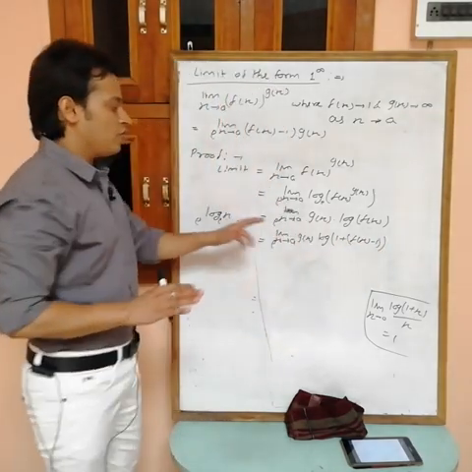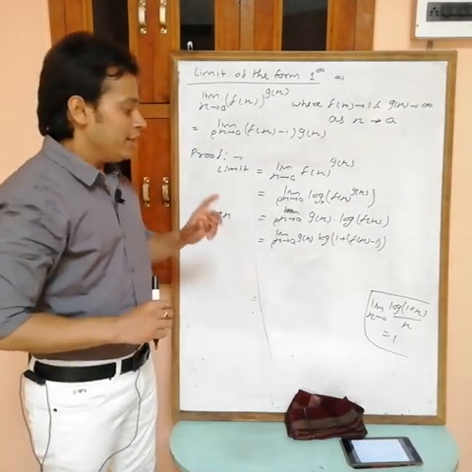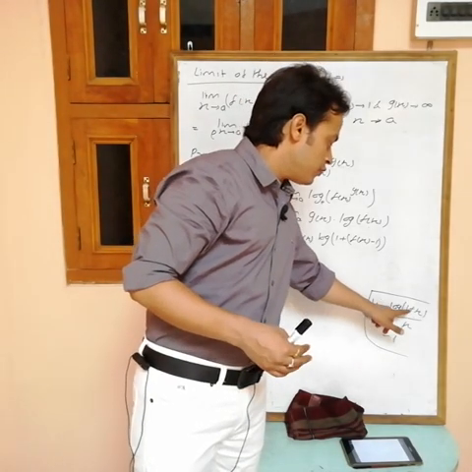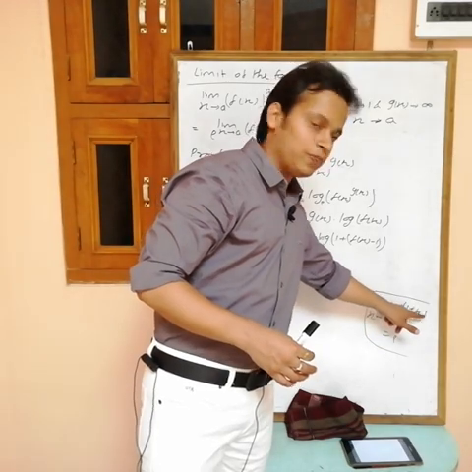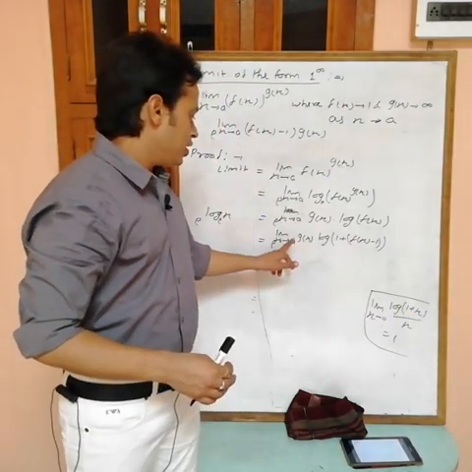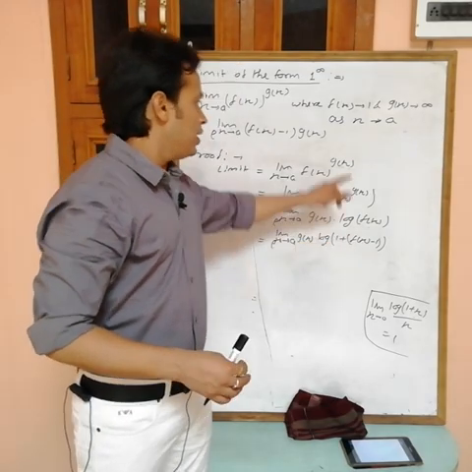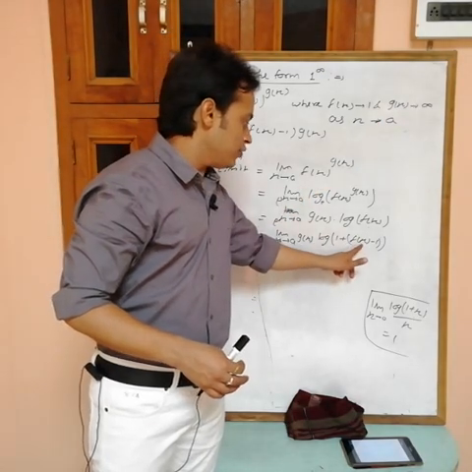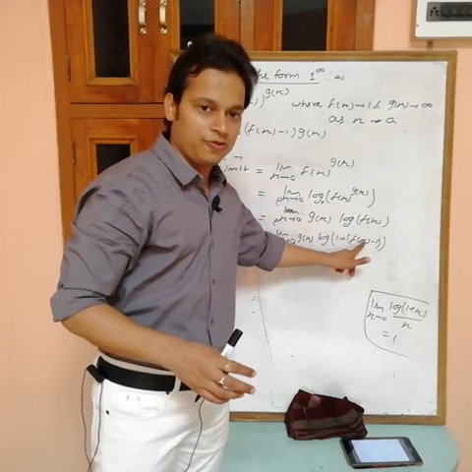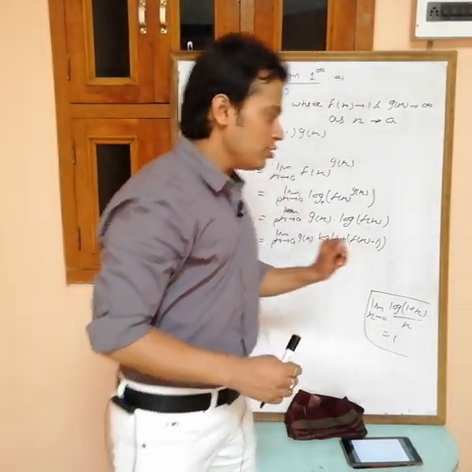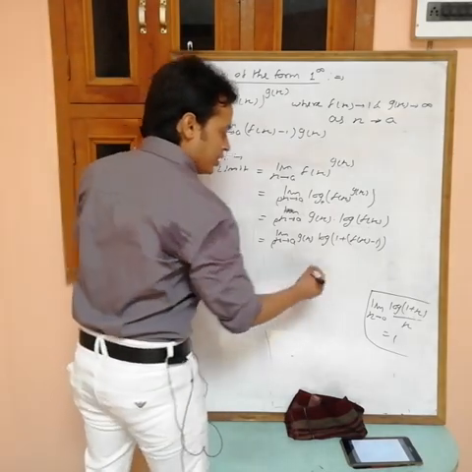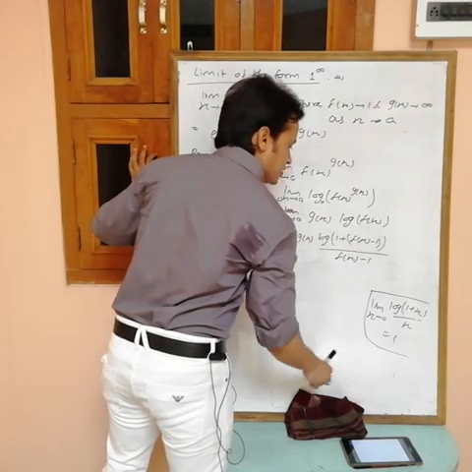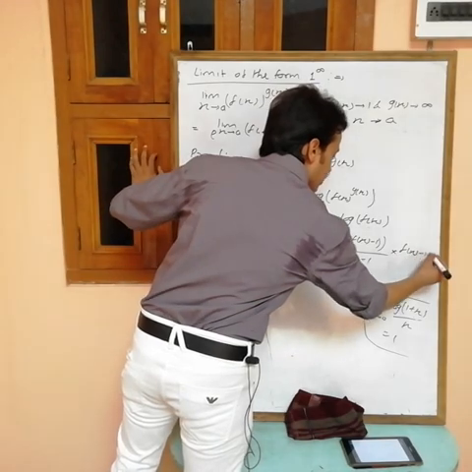Now this is the log (1 plus x) form. Also another condition: x is tending to 0. It means when we put the value in the limit, this must be log (1 plus 0). If you put x equals to a, f(x) is tending to 1, so at a this is 1 minus 1, which is 0. So this is log (1 plus 0) form, x tending to 0, and I can use the standard limit. Then in the denominator what do we want? x, which means f(x) minus 1, so I have to multiply with f(x) minus 1.